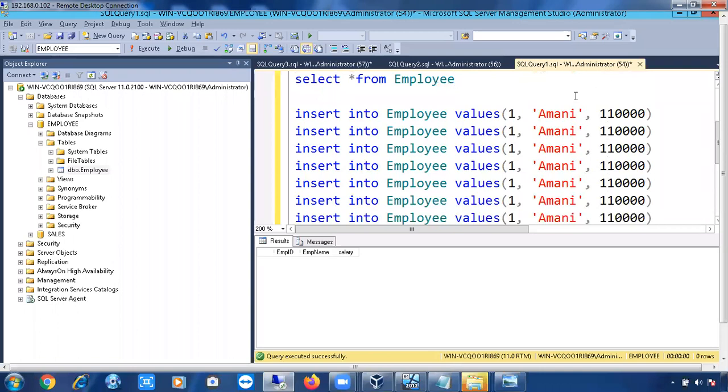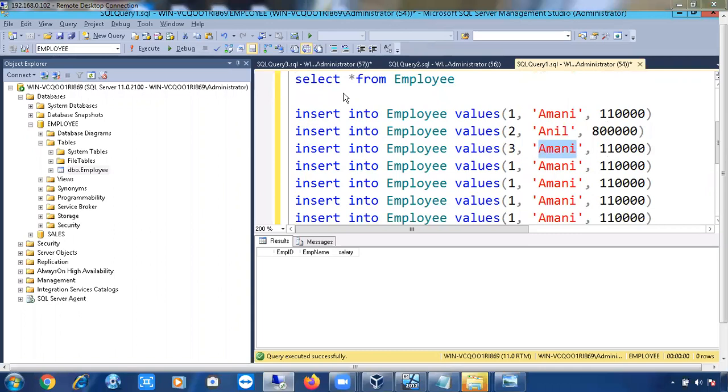Now every record I'm going to change. Second record. Who is the second student here? After Amani, Anil Kumar. I'll give as Anil. So I'll give you 8 lakhs package. And this is my third record. Who is the next person?